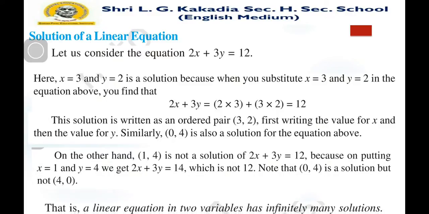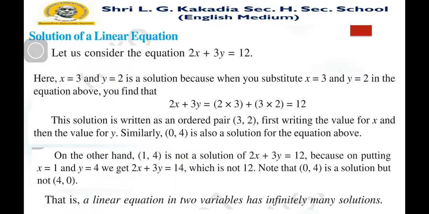the given linear equation. So in this way, a linear equation in two variables has infinitely many solutions, because you can select the values of x and y randomly, and you can find infinitely many solutions of the given linear equation. So note that a linear equation in two variables has infinitely many solutions. You can find one solution, two solutions, three solutions, or infinite solutions for the given linear equation by selecting the values of x and y.